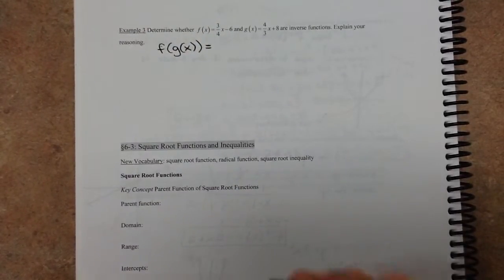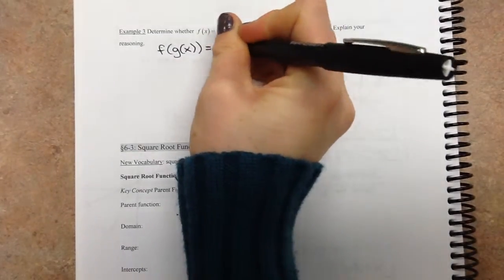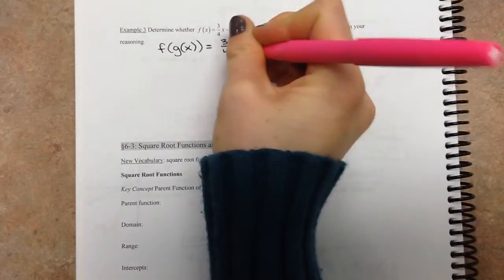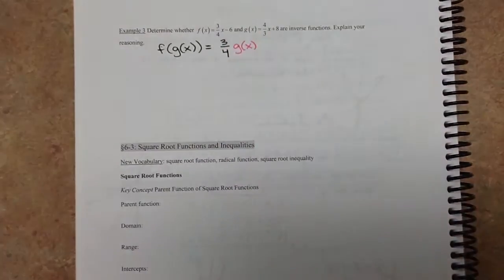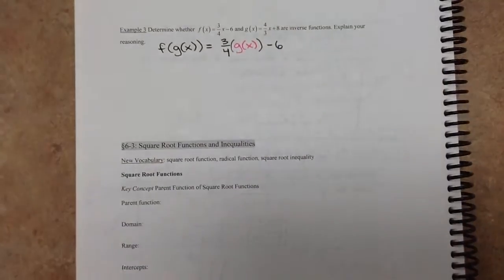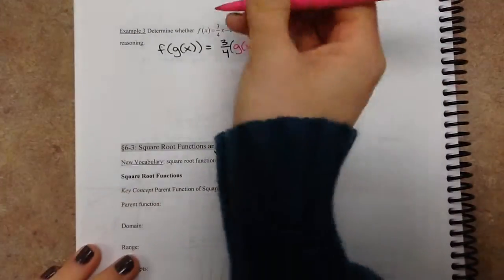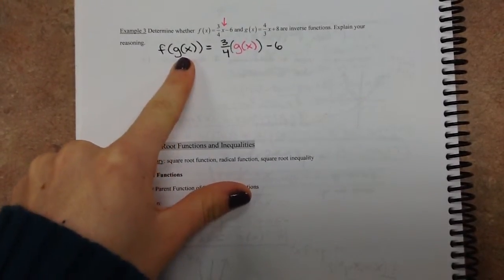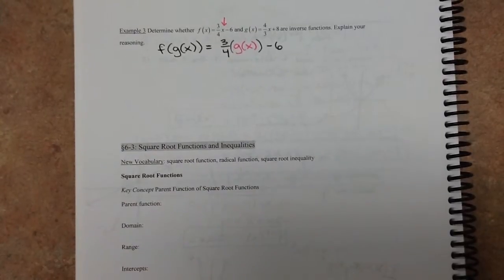Okay, so I'm going to do some color coding here for you. So 3/4, instead of the x, I'm going to sub in g of x. I guess I should probably put that in parentheses. And then minus 6. All right, so it was exactly the same as this function used to be right here, except I replaced the x with a g of x. Okay, that's all this means. If there was a 3 here, you'd replace the x with a 3. So we've got